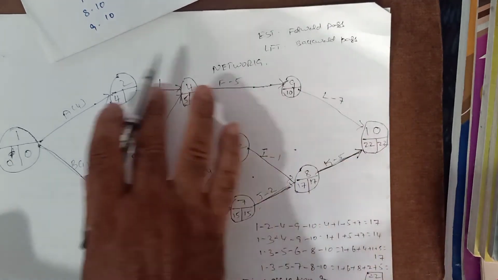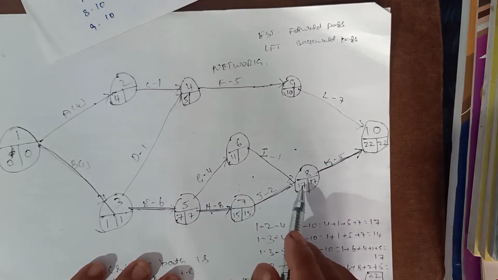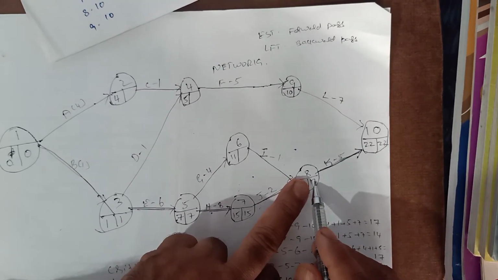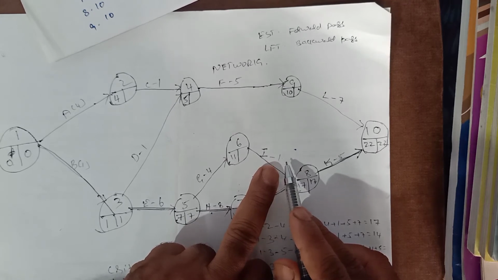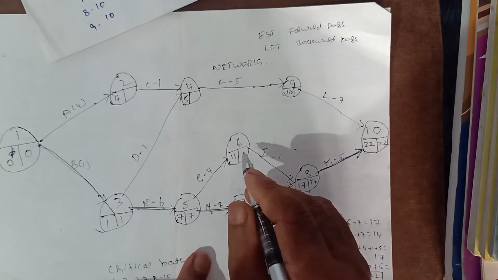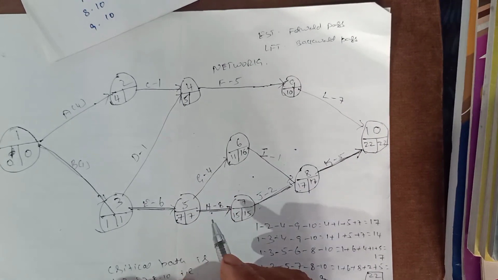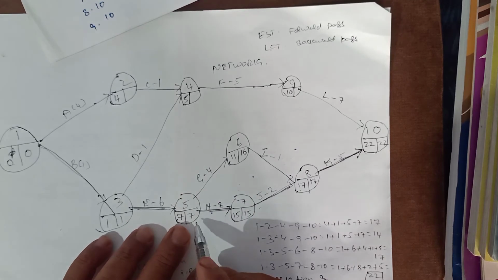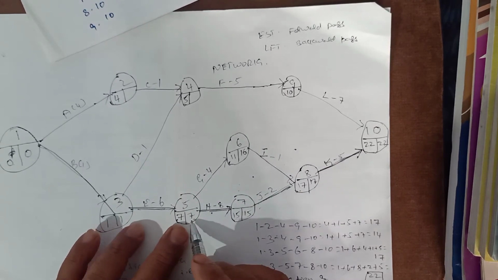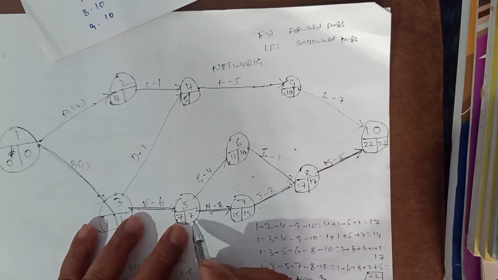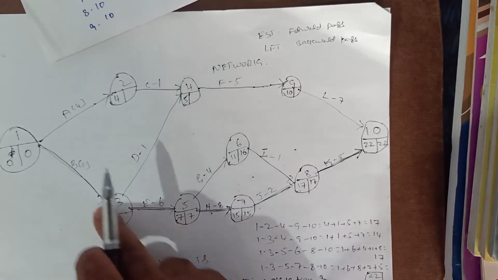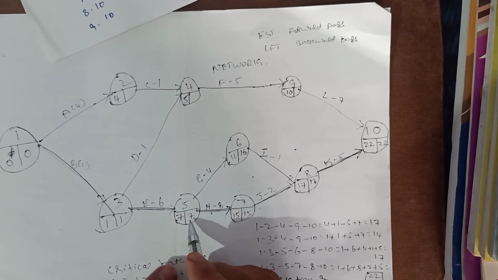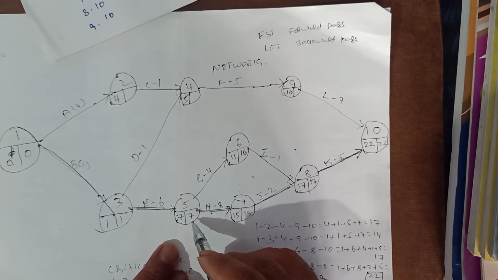So let us calculate the other latest finish times also. Take this one, 17. We have to take the latest finish time, not the earliest start time, that is, the right hand side. 17 minus 1 is equal to 16. So we will face one more confusion here. If you come from this side, 15 minus 8 is equal to 7. 16 minus 4 is equal to 12 we will get. But we should not alter this because this is the critical path. This is 7 only, not 12 here.